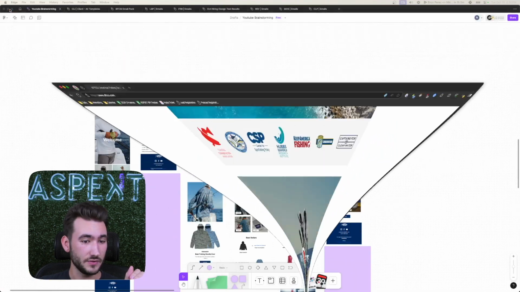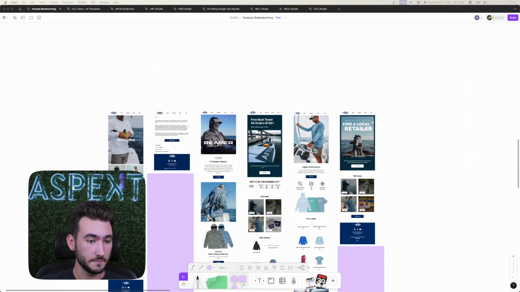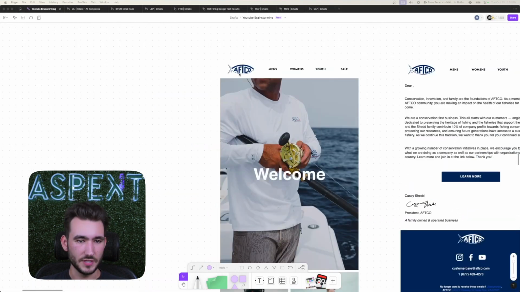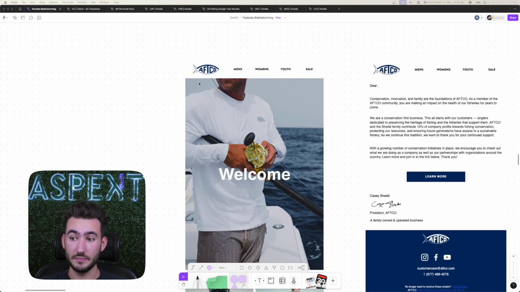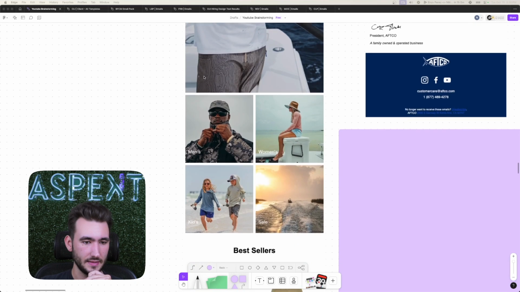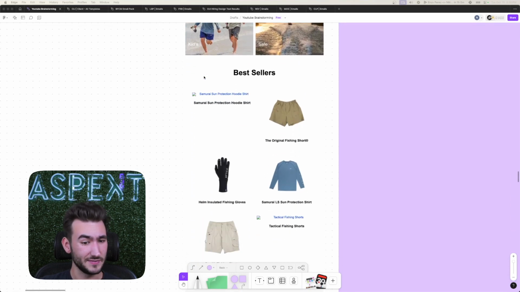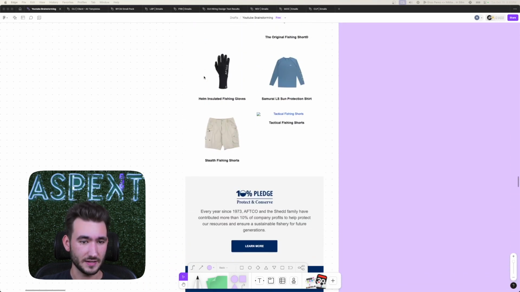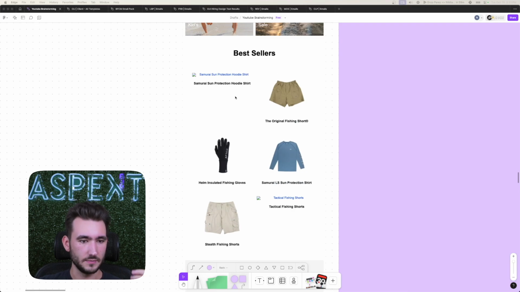Now, I have all of their emails pulled up right here in my Figma. Let's jump right in. This is the first email that people get when they sign up for the welcome flow. Let me just scroll through this real quick and let me know if you see any specific problems with this. Now, outside of the fact that some of these products are missing, there's actually a lot of issues with this